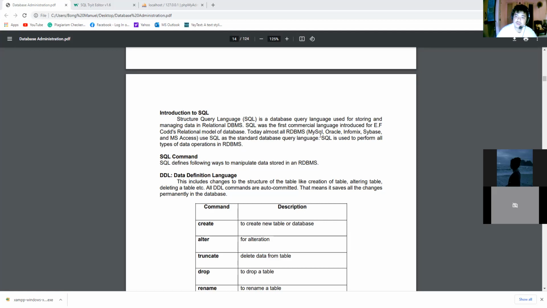Today, all RDBMS katulad ng MySQL, Oracle, Informix, Sybase, and MS Access use SQL as standard database query language. SQL is used to perform all types of data operations in RDBMS. So again, almost all RDBMS katulad ng MySQL, Oracle, Informix, Sybase, and MS Access use SQL as the standard database query language. Now, try to understand also na MS Access is also a database management system or an